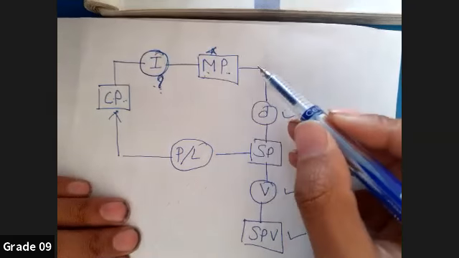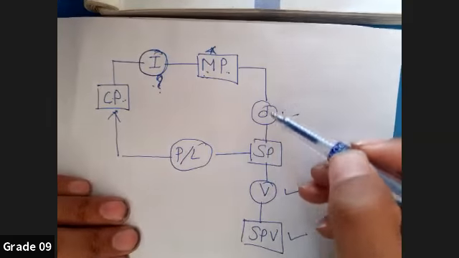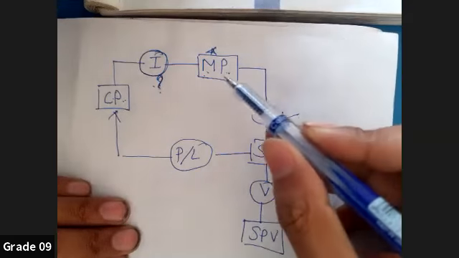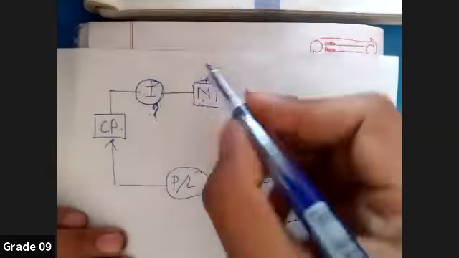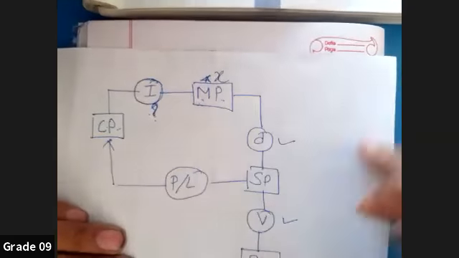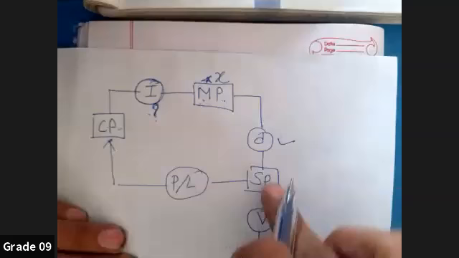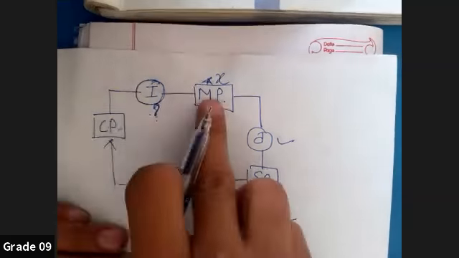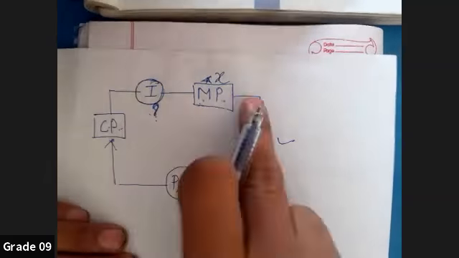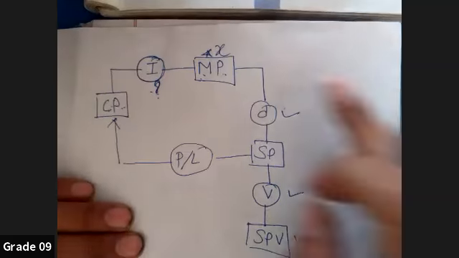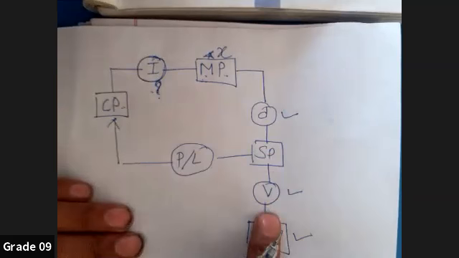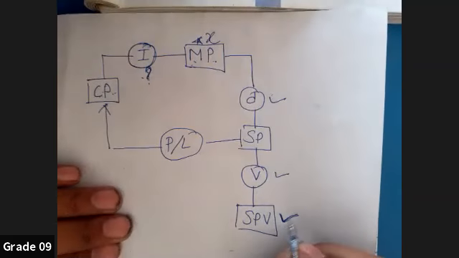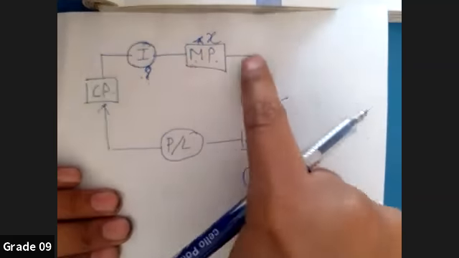So first step we are going to follow this direction, because if you follow this direction your X value will be obtained, and again we'll come back and follow this direction, and then we'll reach cost price, and at last we'll find the difference between market price and cost price. So the process is very simple. Why we are following this direction first is because the SPV value was given. So first from here we will follow this direction.